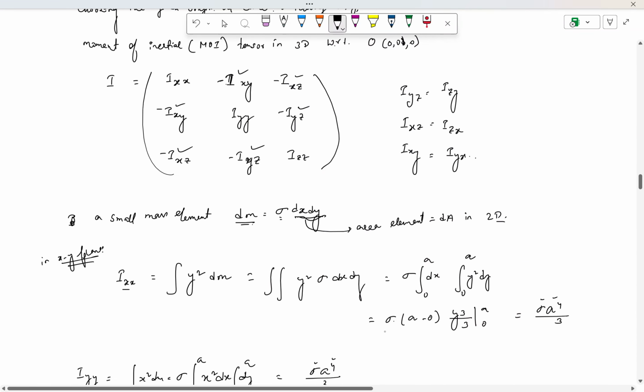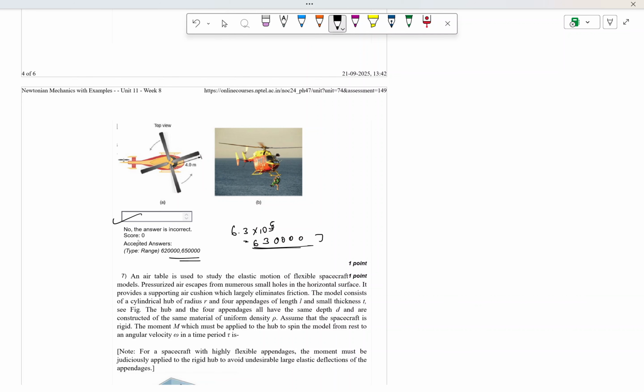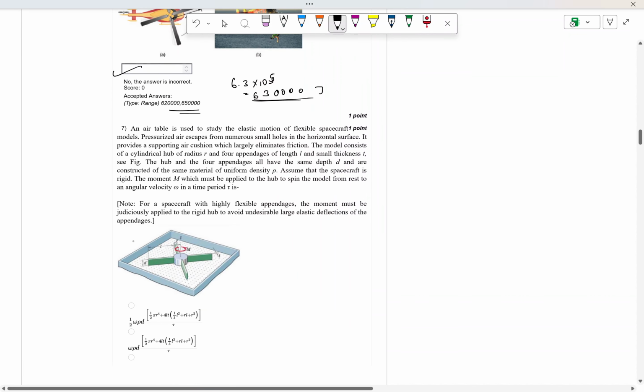So we calculated it to be, I think, 6.3 into 10 to the power 5. So 6.3 into 10 to the power 5 means 6340 joule. So this is within the range, that is the accepted answer. So this is right. Now question number 7, an air table is used to study the elastic motion of flexible